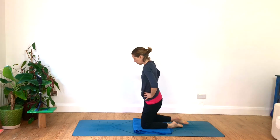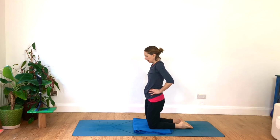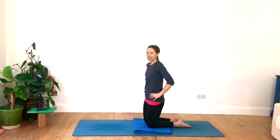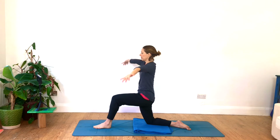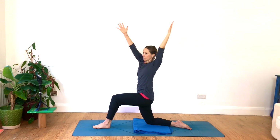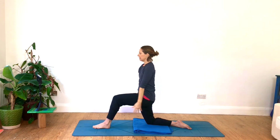So if you're doing the down dog option, you can pedal your legs, exhale to plank, and coming back down onto your knees. And then we'll do the second side, stepping your left leg forward. So from here, inhaling both arms up again, finding the length, exhale, rotating to the left, letting your arms float down. Inhaling, arms up,